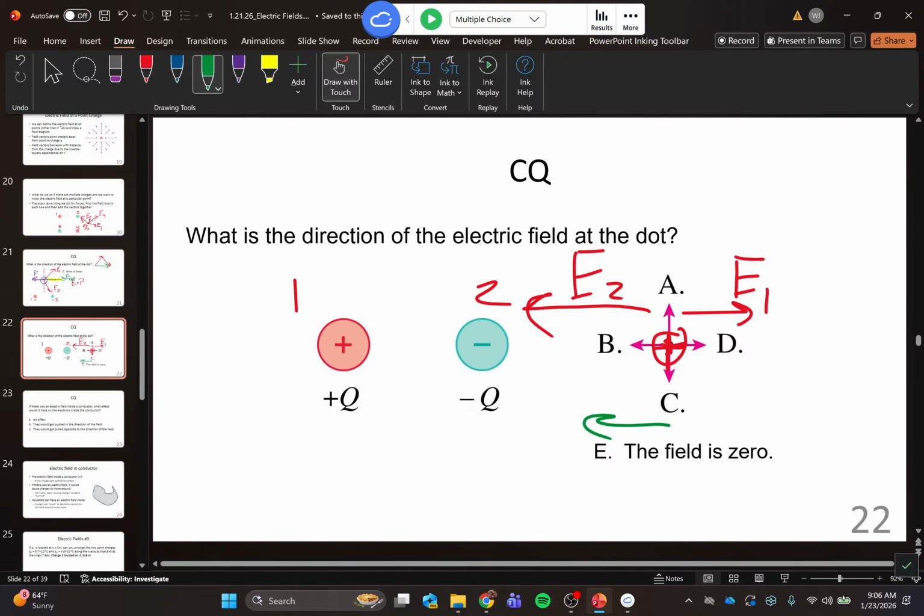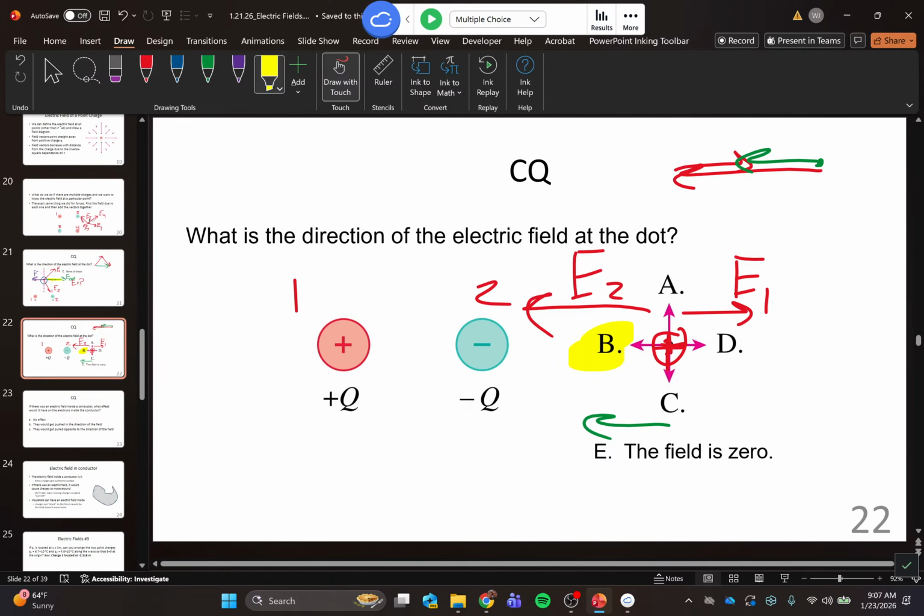If you want to do it the visual way with vectors, E2 is to the right. Then we go backwards by E1. My net vector is from the beginning to the end. You can still do that visual vector addition to see that. So the answer here is B. And to reinforce this,